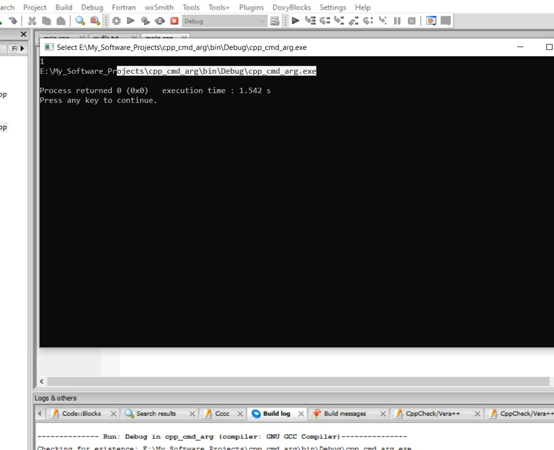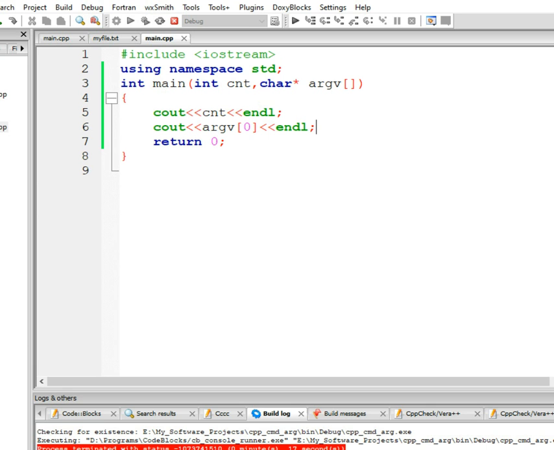The second line is displayed. Here you can see that the second output on the screen is the argv0 value. And what is this value? It is the program name. So there is always one argument to your program, and that argument is the name of the program file itself. So we'll keep that in mind.